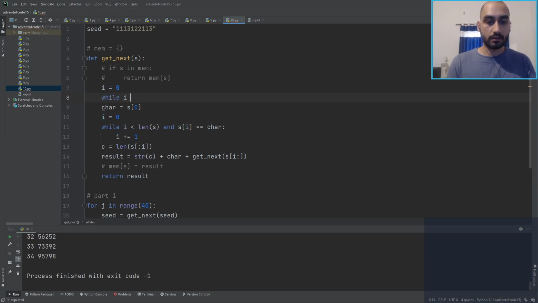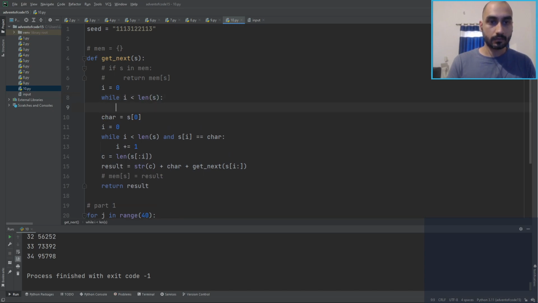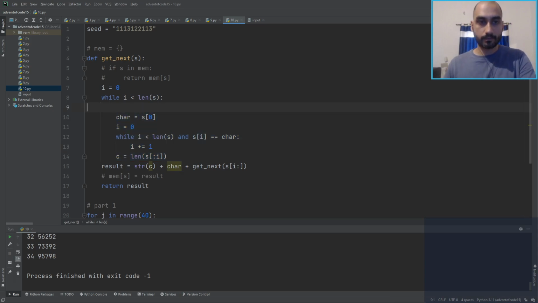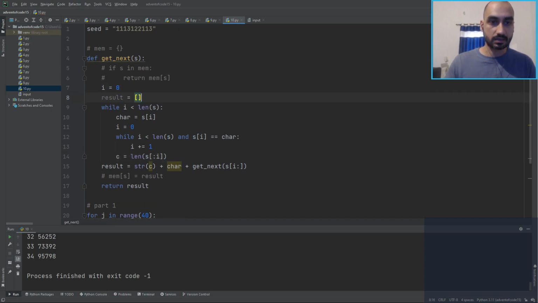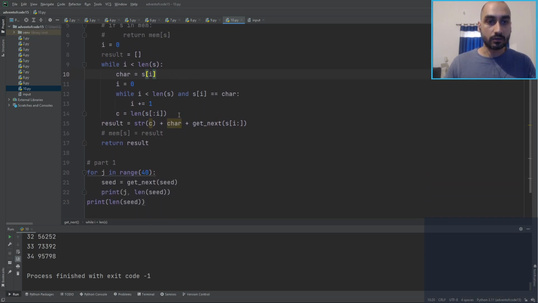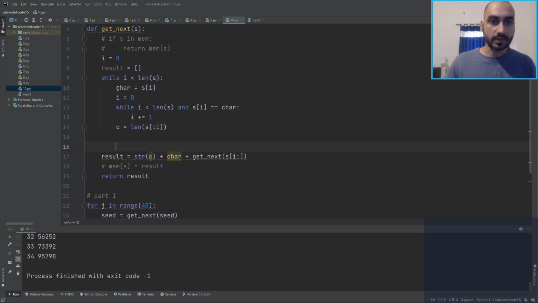While i has not reached the end of the string yet, we do sort of this process. So we take the character that is there. Hang on, we want a result, just a list of strings we stuff in there. So we take the character,